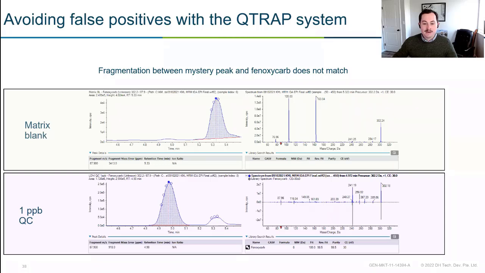I'm happy. I will go stand up, write a report, do anything. I'm 100% sure that whatever is in that matrix is not phenoxycarb. I don't know what it is exactly. I could go back and search some libraries and try to figure it out. But for the purposes of this customer, they just needed to know that it wasn't phenoxycarb.